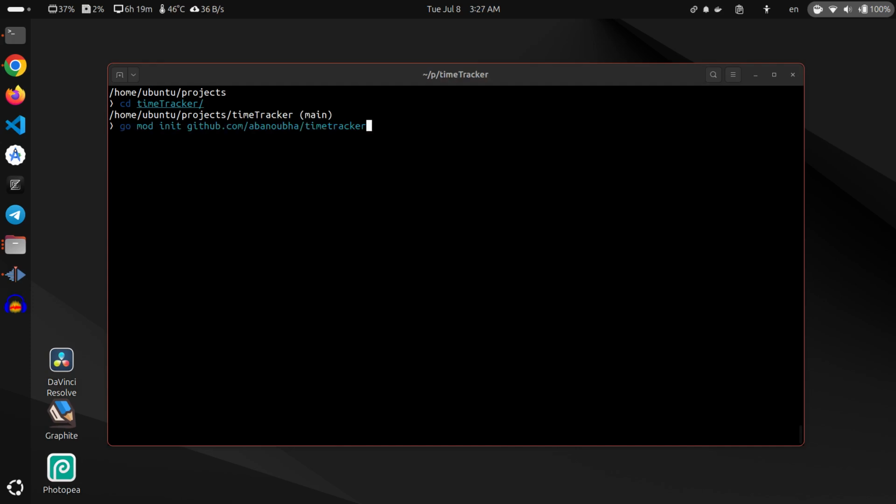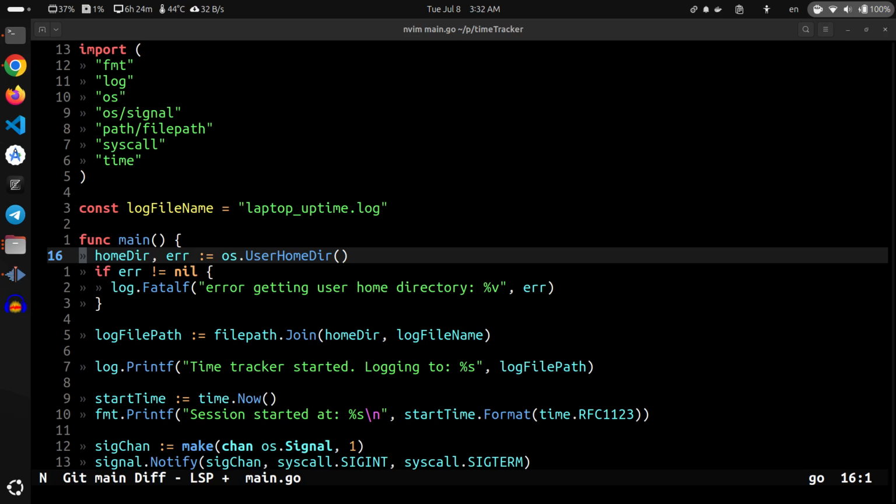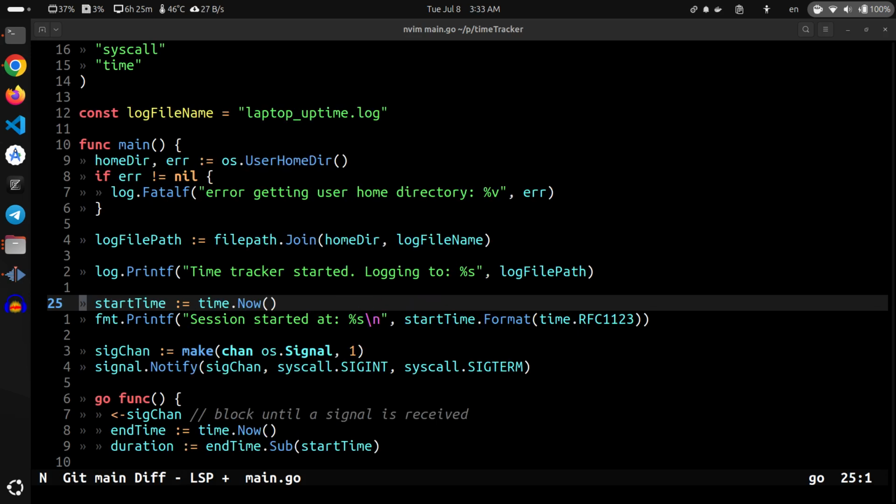instantiate a module with go mod in it, created a new main.go file in a new vim, create a constant for the log file name. In the main function, get the user home directory, create the full path of the log file, save the current